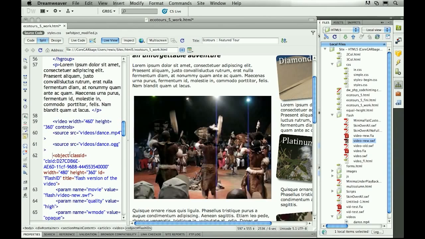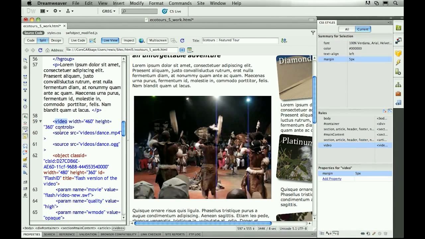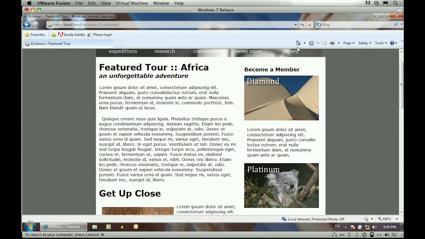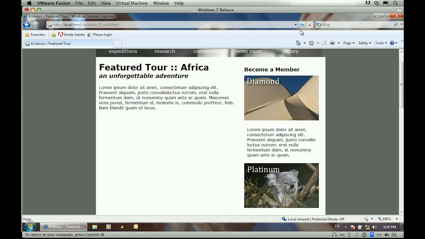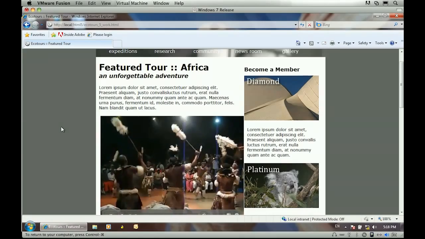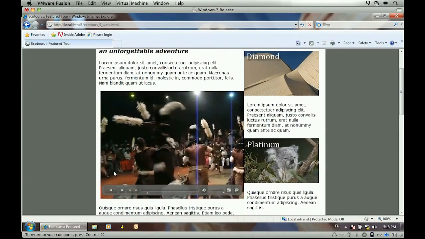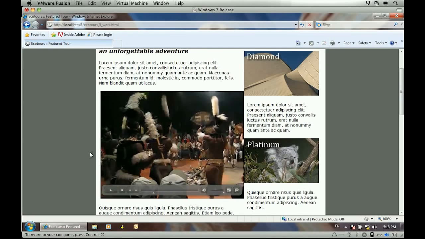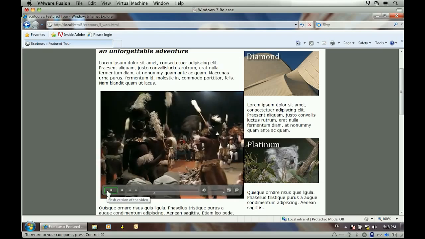And you can see that I've now got a video element, the two source elements, as we just mentioned, and then finally the object tag for my Flash player. When I save this page and bring back on Internet Explorer, we can see that as we refresh, we're now going to have Flash video playing inside of the page. And there we go, scroll down here just a little bit so you can see, of course, this is the Flash version of the video, and we can see that we can pause and start it